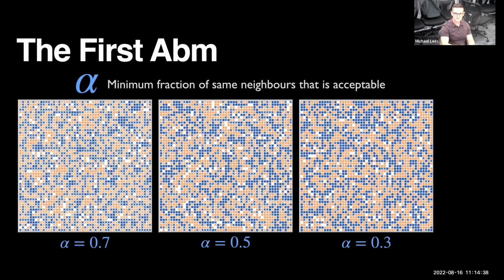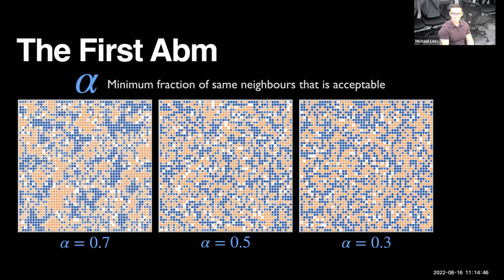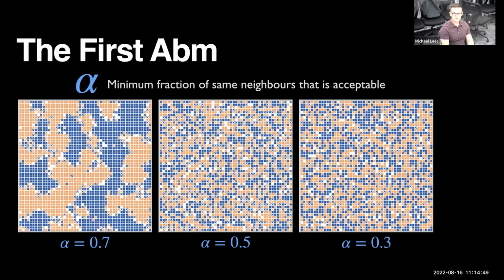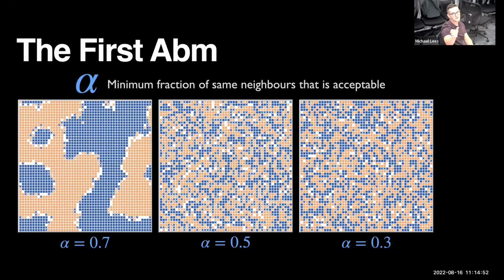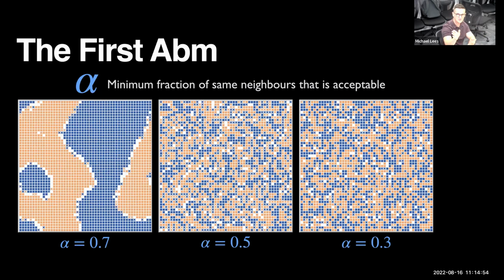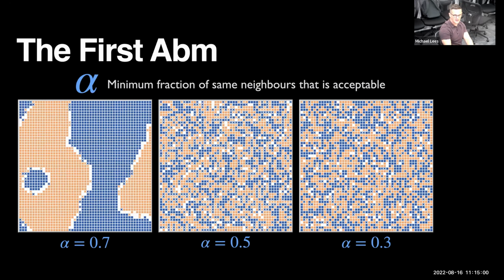At 70%, you would probably expect some segregation, right? You want the majority of your neighbors to be the same as you. So if we run that, you see what happens. You start to see a pattern, not completely random but depending on the initial conditions, and it looks a bit like Detroit. Complete separation. When you run this, the alpha that comes out at the end is that most agents, on average, have 98% of their neighbors the same. And in this case, I kept running it, but still 2.7% of the population is unhappy. I can't make everyone happy here.